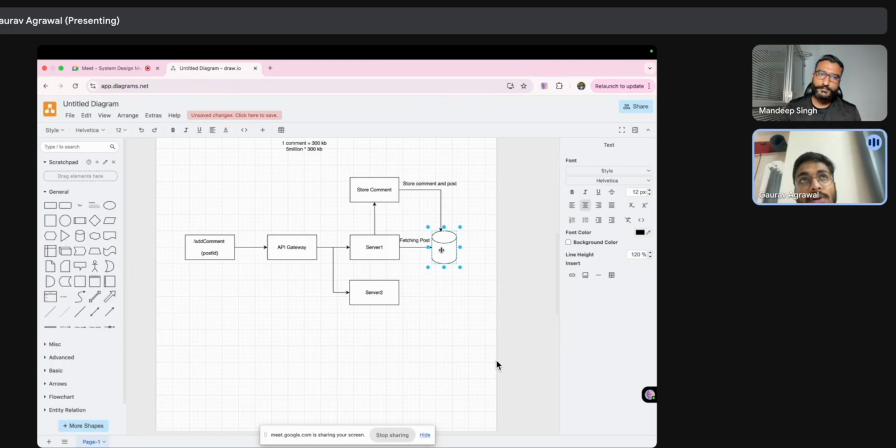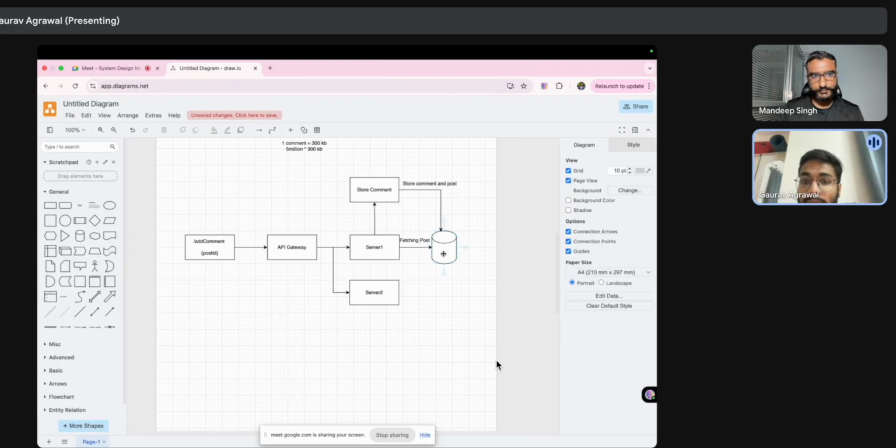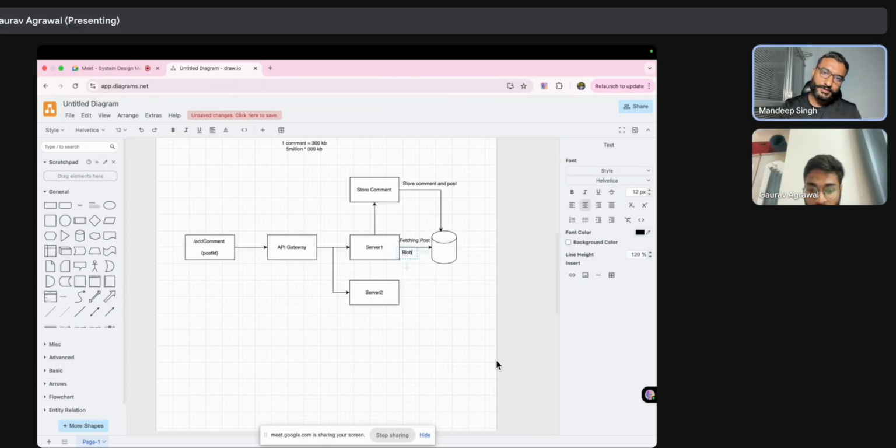Although there is hardly any app that does not support media files, so the best possible thing is to have blob storage. So once it fetches this post, it will return a blob object. No, I mean, what will you do with that information?